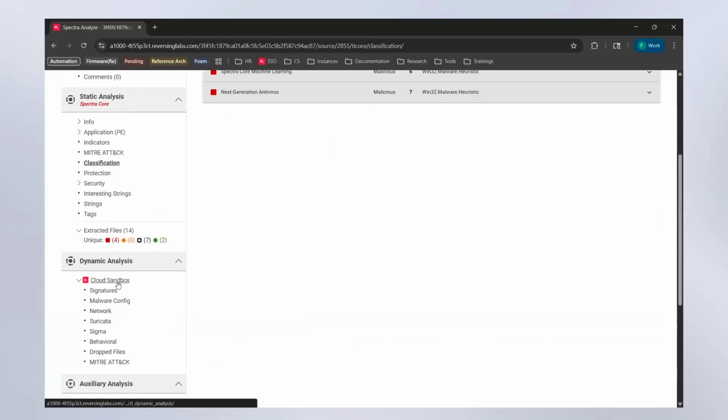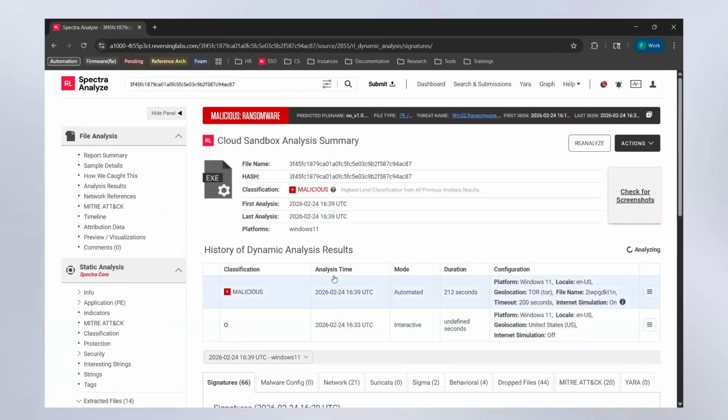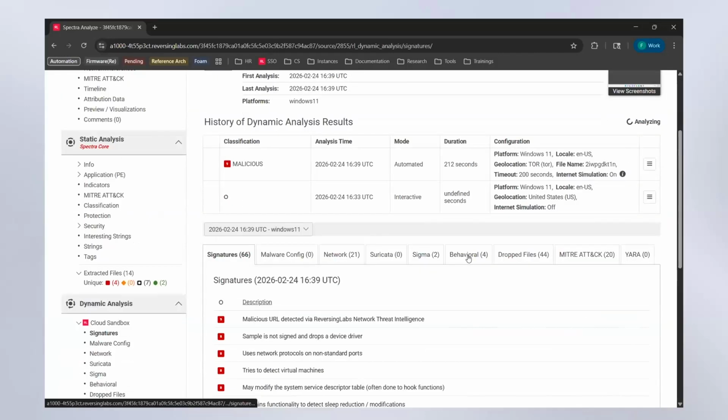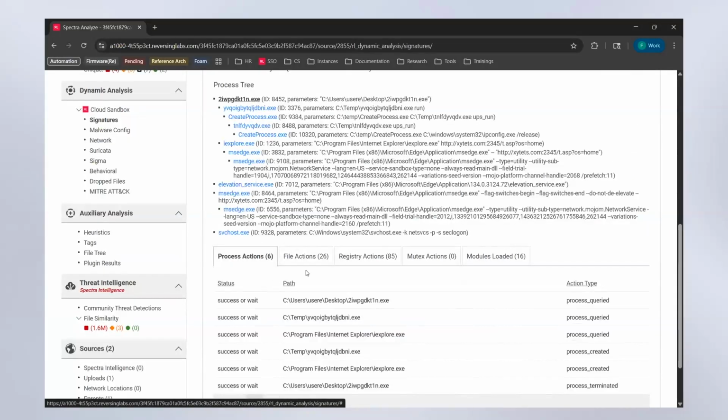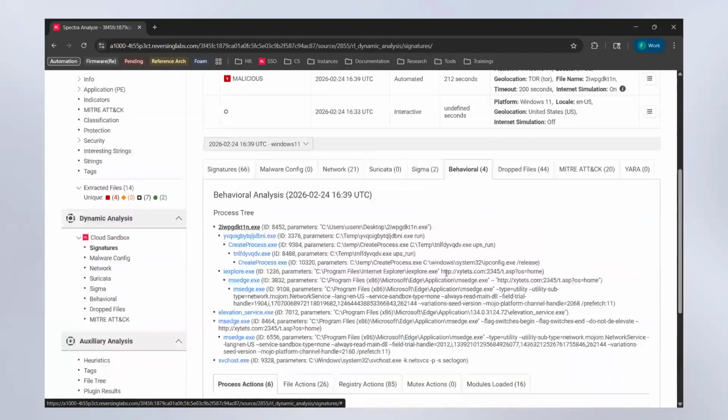And then from there, we move on to the dynamic analysis, and all the individual pieces that come with this. The big one that I always like to point at is the behavioral itself. What are the behaviors that were observed? Registry modifications, mutexes, modules loaded. This gives you a really good inference on how you'd want to potentially craft a rule for the specific file that would survive just a hash change by the threat.